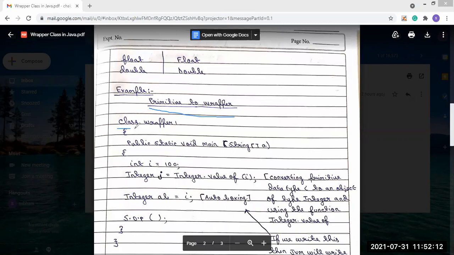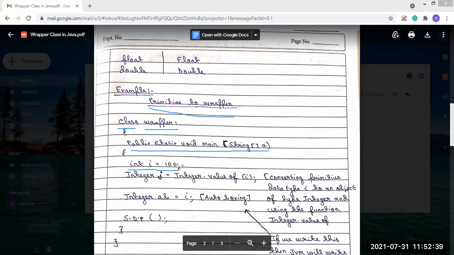So here we have taken a class named Wrapper1, and inside this class we have the main function, public static void main(String[] args). Inside the main, a variable is declared: int i = 100.